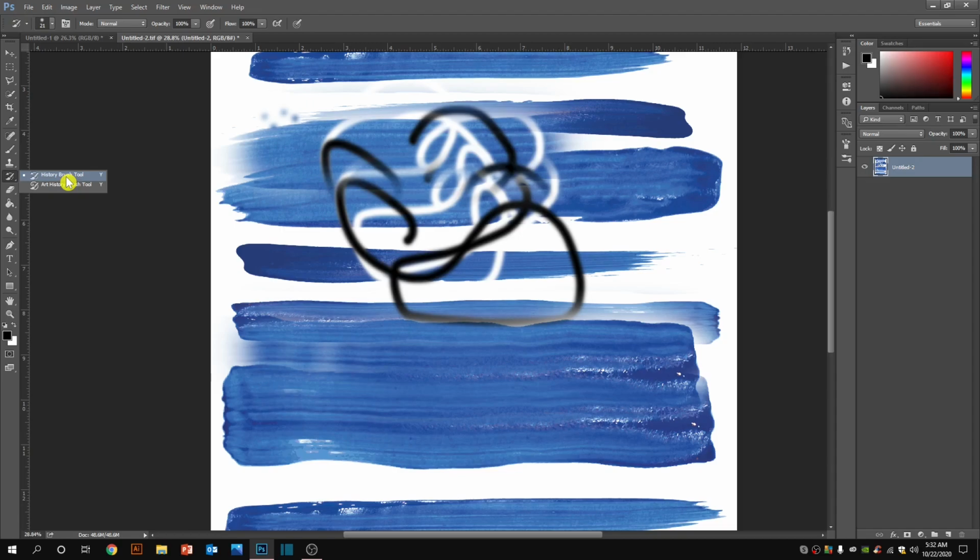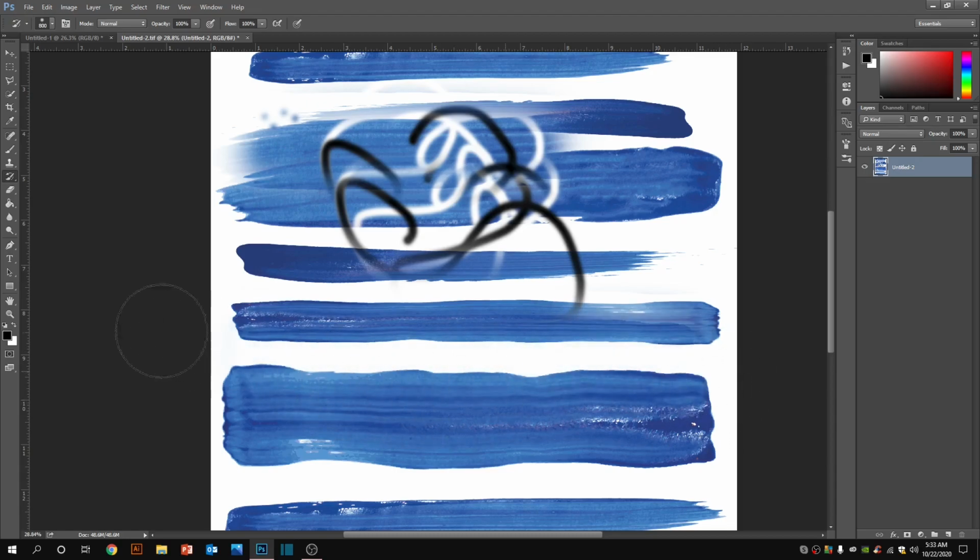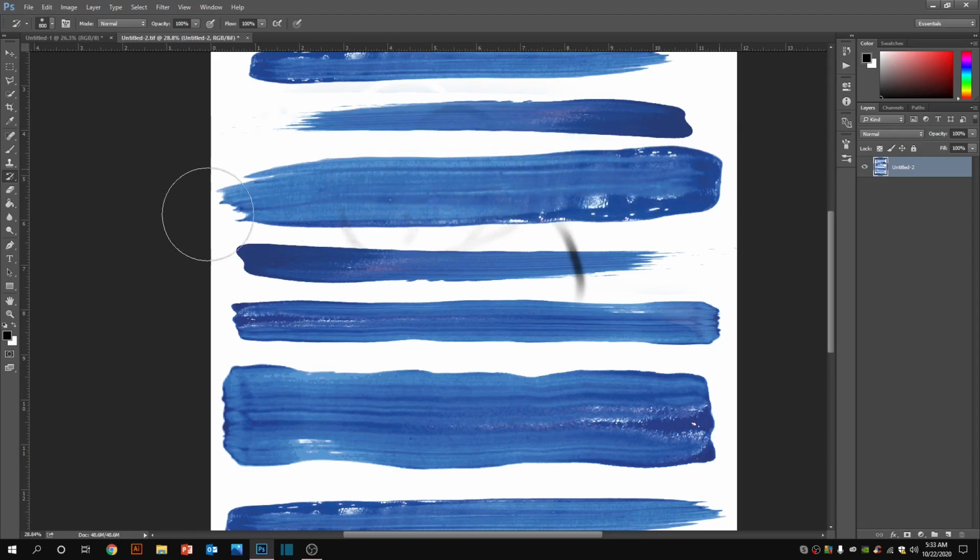History. So this is the history brush. If you want to erase the history, whatever we have done in the pattern stamp tool, yes, so that was the original. We can erase it and we will get back to the original file, doesn't matter how much work you have done. Sometimes we feel that we have done a lot of work on a file, but what was initial was good, so that is a helpful tool at that time.